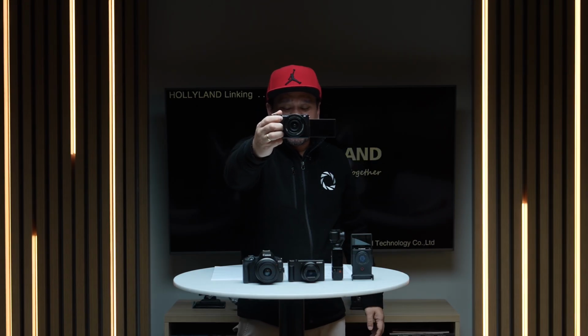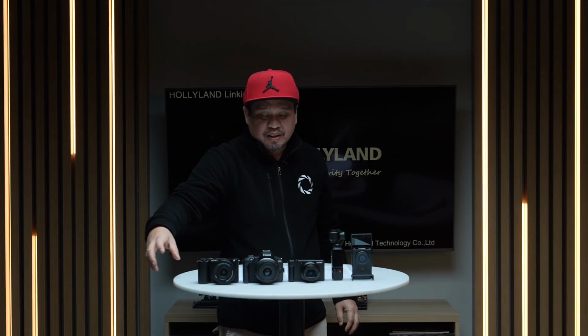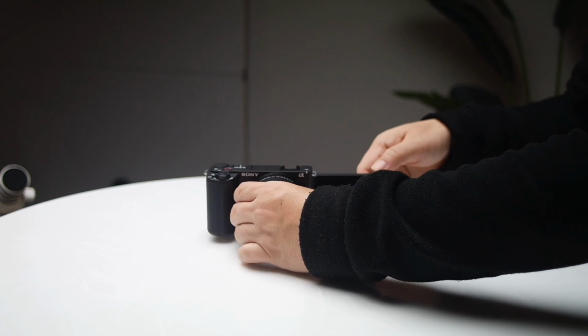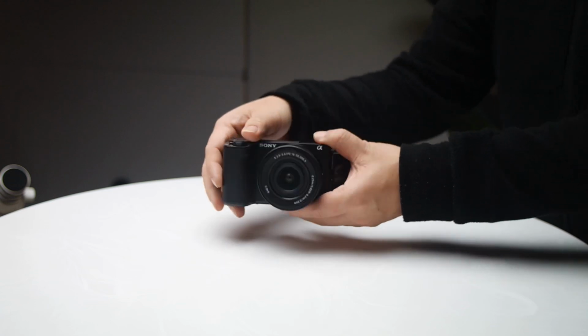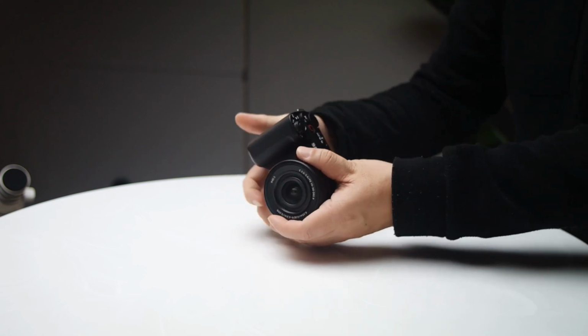Again, the Sony ZV-E10 Mark II, with the 16-50 kit lens, is around $1,098 US. It has a 26 megapixel APS-C Exmor R CMOS sensor with Ultra HD 4K 30 and Full HD up to 120 frames. You have a 3.0 touchscreen LCD, vertical support, 759 focusing points, fast hybrid phase detection, up to 11 frames per